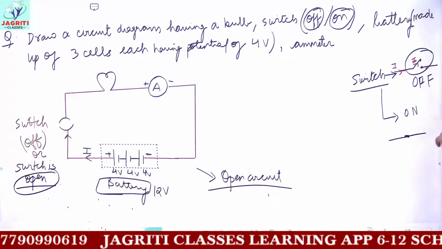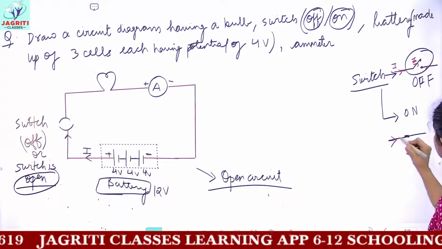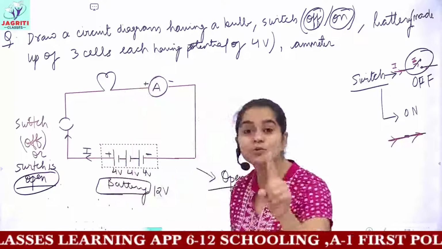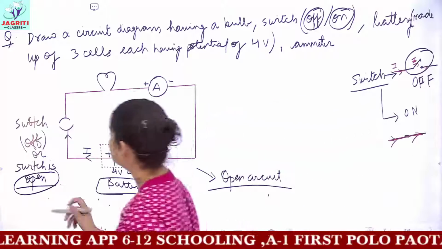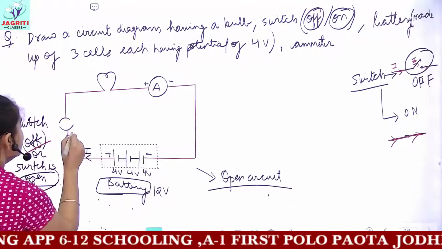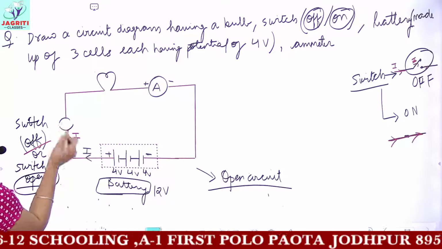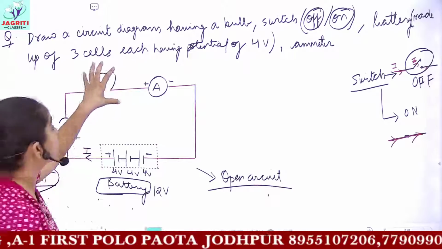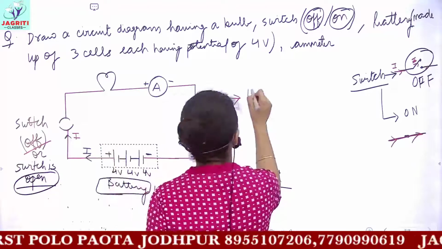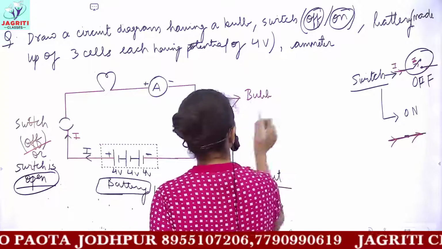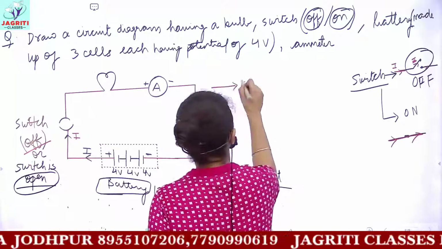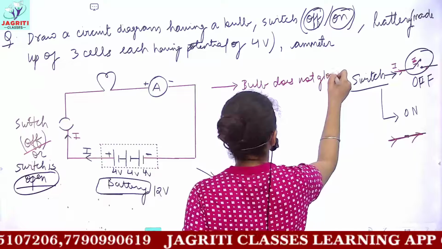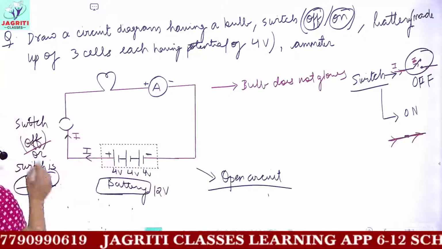But when the switch is present in on condition, this provides a continuous path for the current to flow, and then when the current would be received by this bulb, only then the bulb would glow. But here you see the switch is in off condition. Off means the current cannot now jump from this terminal to the above terminal of the switch, and hence the bulb will receive no kind of current. So here in this circuit diagram, the bulb does not glow. As I told you, in an open circuit, no bulb glows because the switch is in off condition.